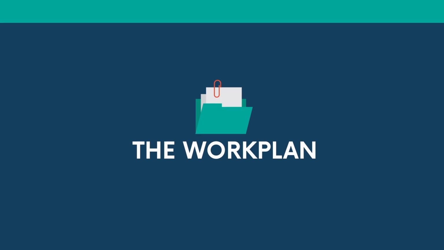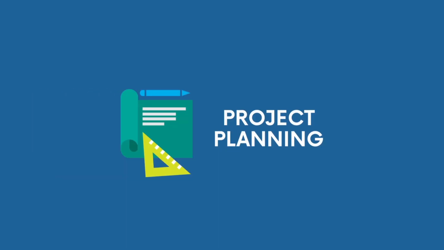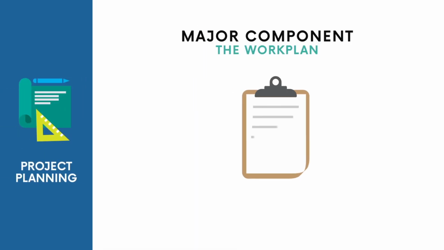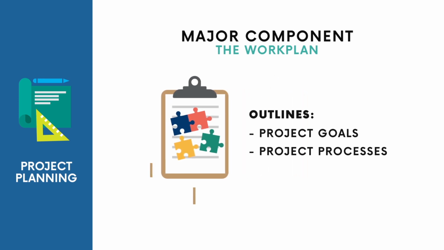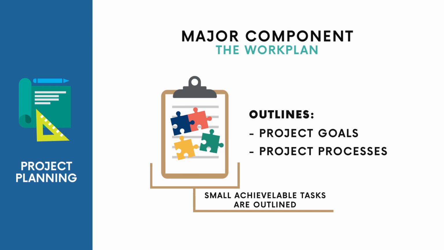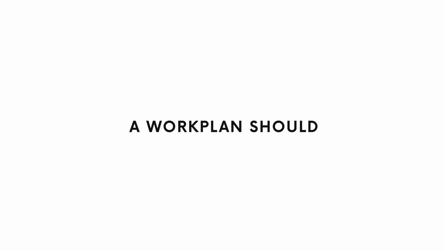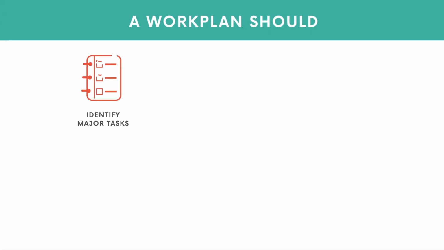The work plan. A major component of the planning phase is the development of the work plan. A work plan outlines the project goals and processes and breaks these down into small, achievable tasks. It helps identify the results to be achieved. A work plan should: